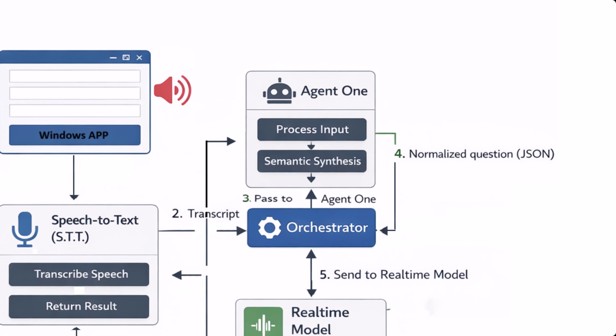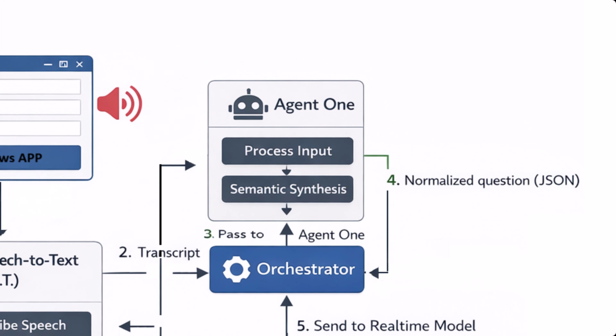The third pillar, which I called Agent 1, is the artificial intelligence brain of the system. For this showcase, I'm using a group of models and agents deployed via Microsoft Foundry, simply because it made the implementation faster and easier. But really, this could be any platform that offers model services. In my real-world project, the client actually used local models, running everything on their own infrastructure for a higher level of security. So generally, Agent 1 analyzes each transcript, performs what's called semantic synthesis, taking all the relevant details from the user's input and creating a single, clear, meaningful query.